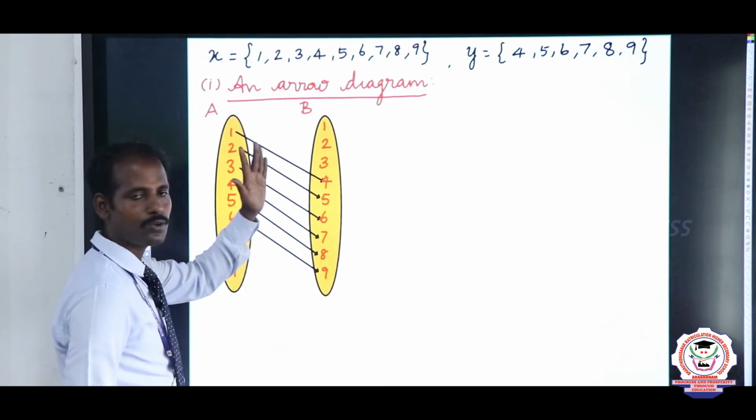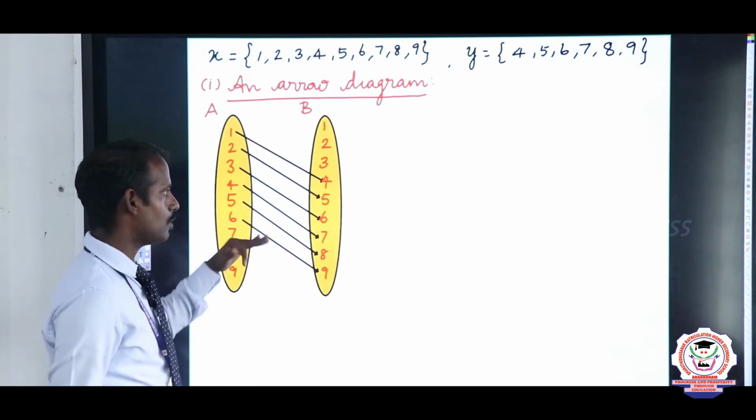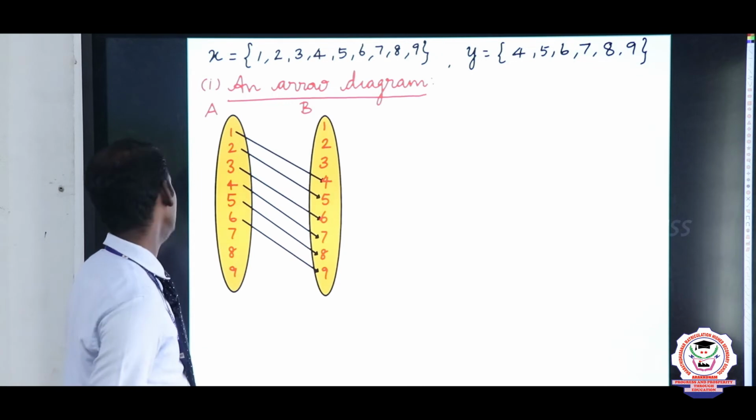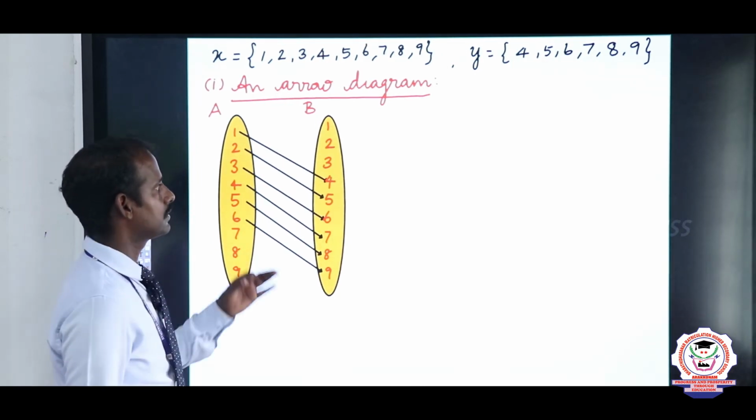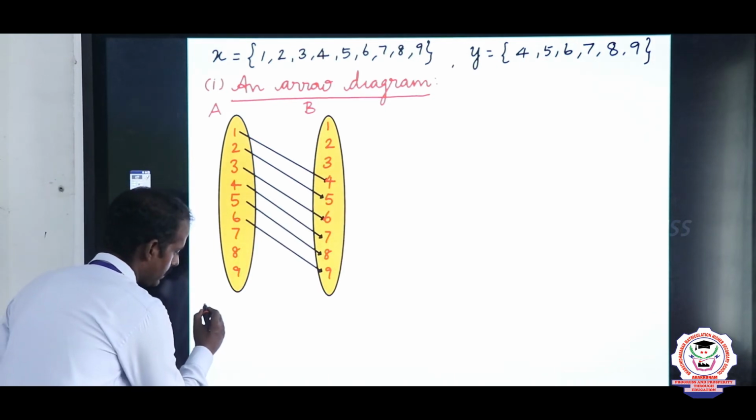So what is the codomain? Set B is codomain, that's it. So you understood the concept, domain, codomain and range. This arrow diagram, second one. Second concept, roster form. So here roster form is nothing but